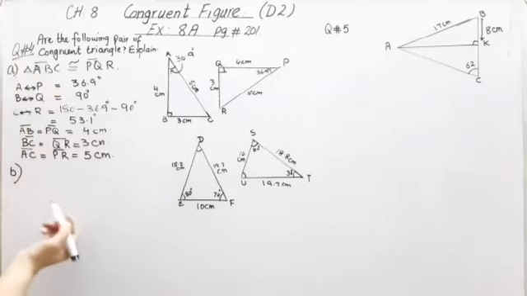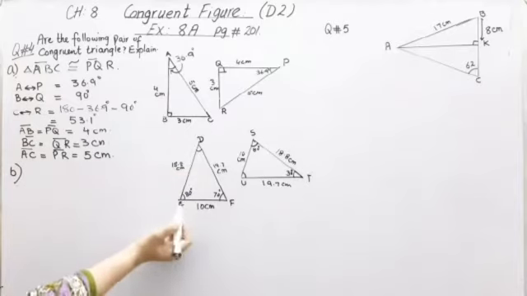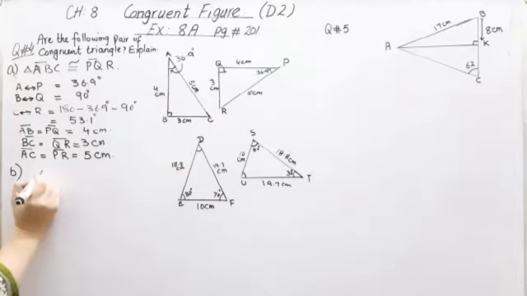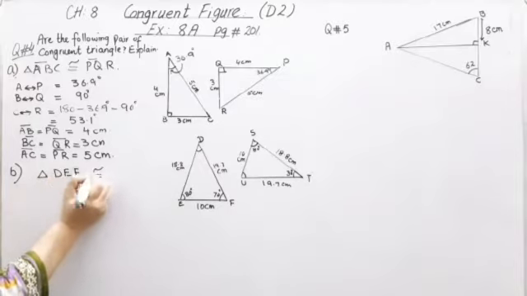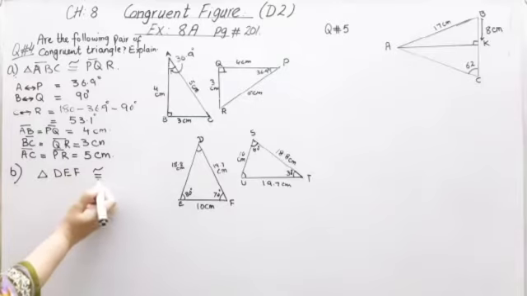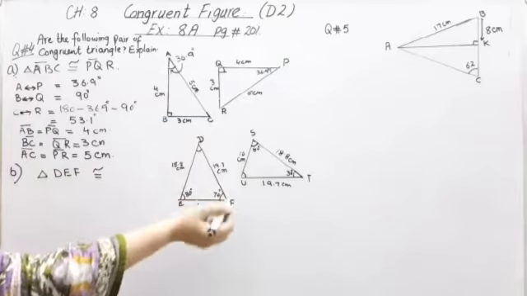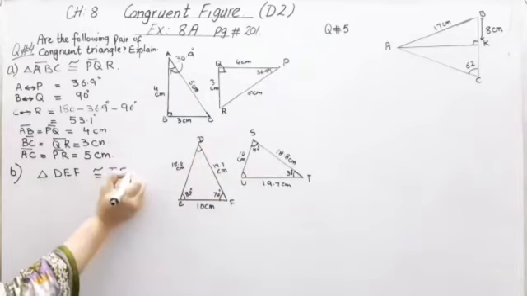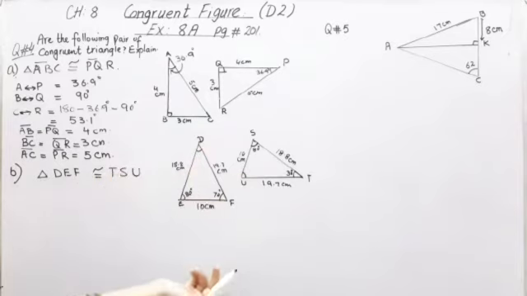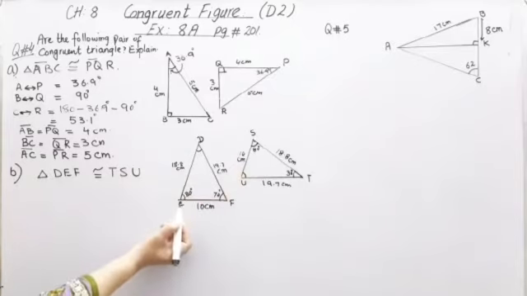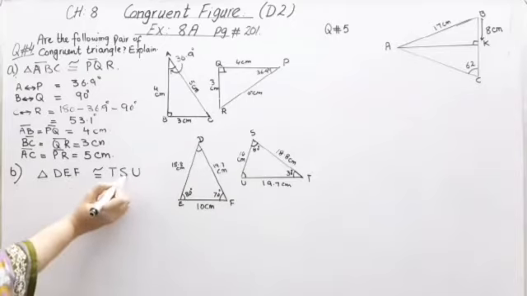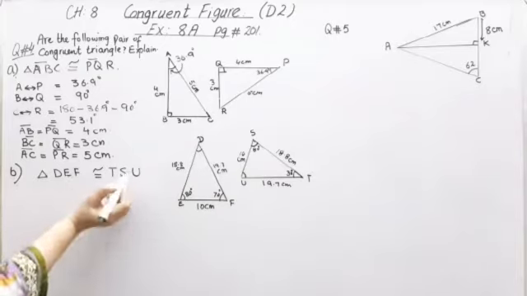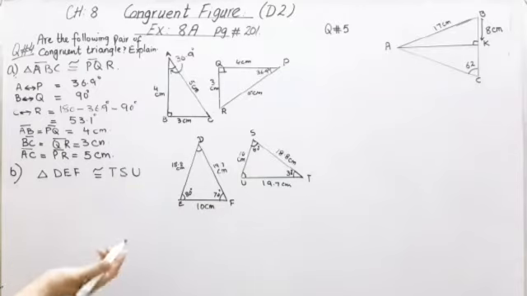First we solve for D, and we say triangle DEF is congruent to TSU. Why do I take it SUT? Why not? TSU means S is 80 and here E is 80. It means they will be in between the angles. And we don't know what T and U are, so we find them in our triangles.